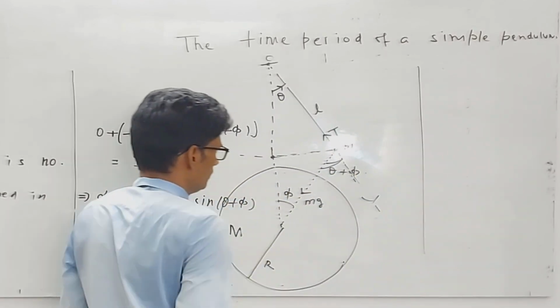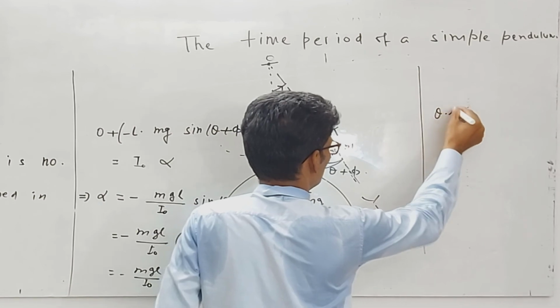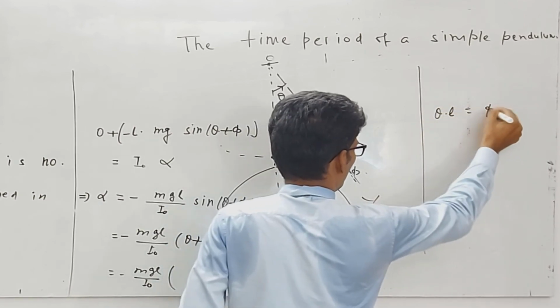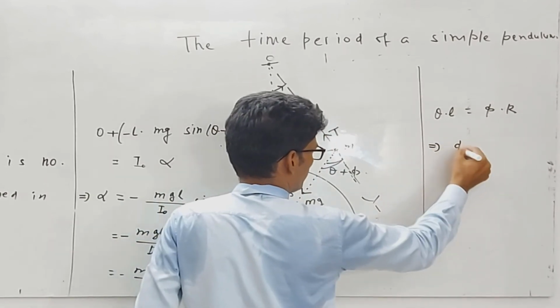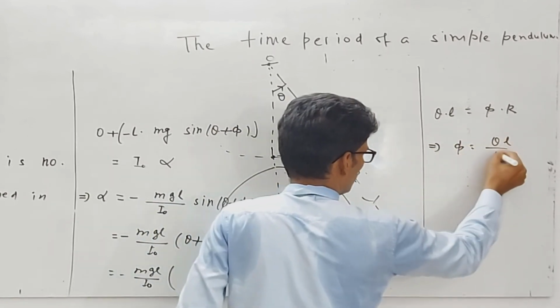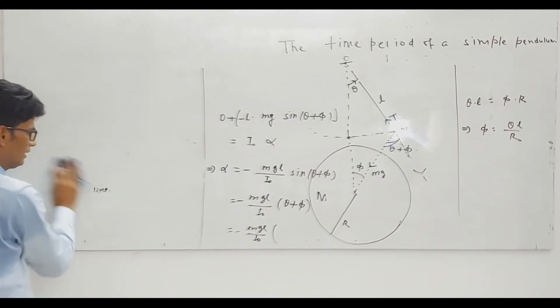So theta is equal to L by r, from that we write theta into L is equal to phi into radius of the earth. So from here we write phi is equal to theta L by r. So put it here and get